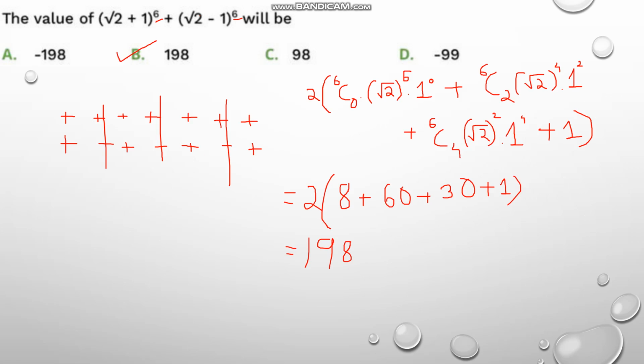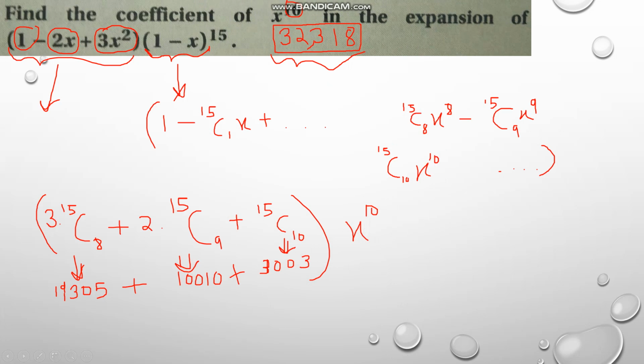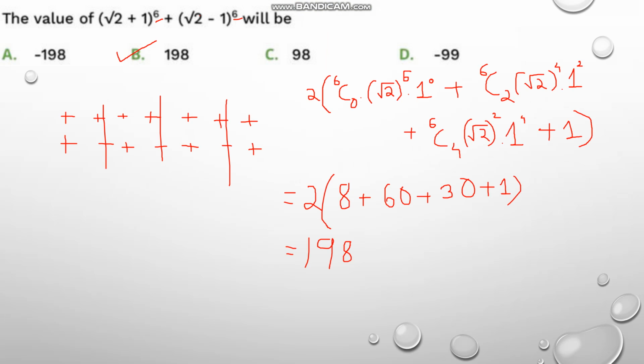In our previous day, this was our first question, where we just found out the value of the expression. We used a very specific trick: in the first term there will be 7 positive, and in the second there will be 4 positive, 3 negative terms. Now, let me move to the previous slide. Yeah. Then we just evaluated the 4 remaining terms and found out the answer to be 198.